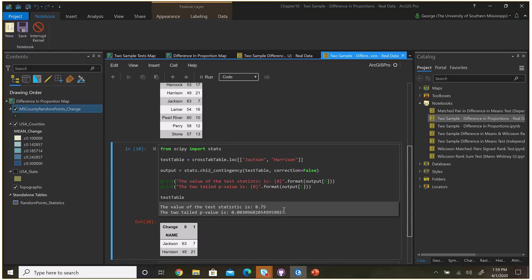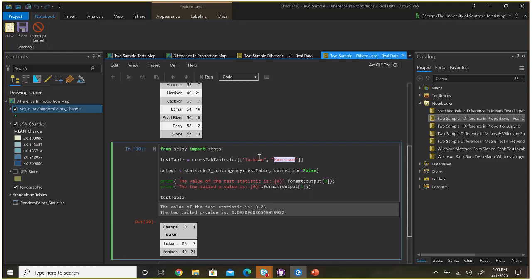Yes, it still would. Okay, so even if we did this at the 99% confidence level, this p-value would be less than our cutoff value. It's very, very small. So any time the p-value is less than the cutoff value, we can reject the null hypothesis. And so what we're saying is that Jackson and Harrison do have significantly different values in terms of their land